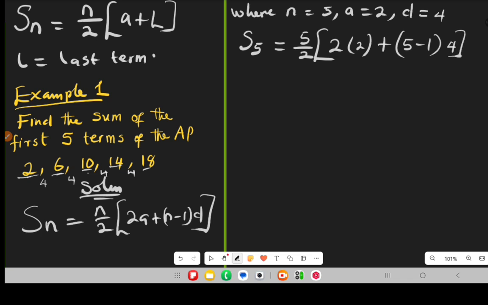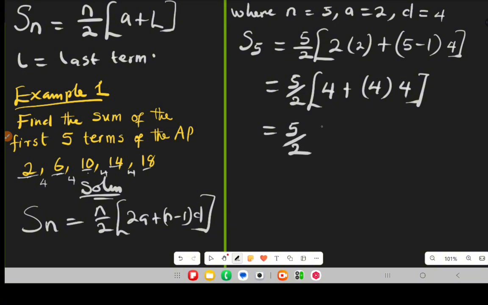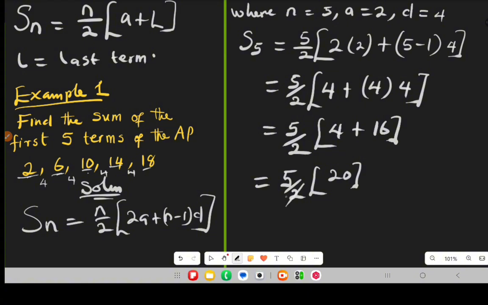Then if we continue, we have 5 over 2 times (2 times 2 gives us 4, plus 5 minus 1 gives us another 4, times 4), which gives us 5 over 2 times (4 plus 16). We have 5 over 2 times 20. 2 into 2 gives us 1, 2 into 20 gives us 10, 10 times 5 gives us 50,